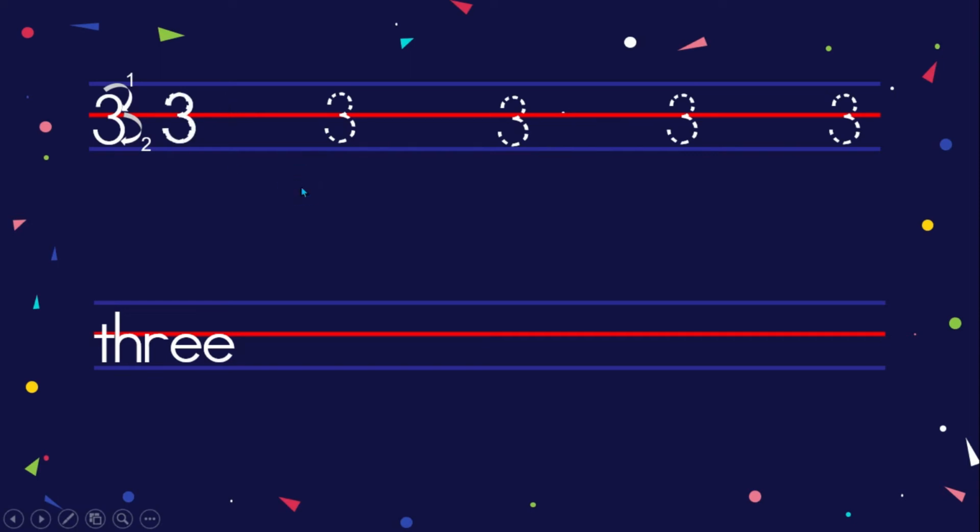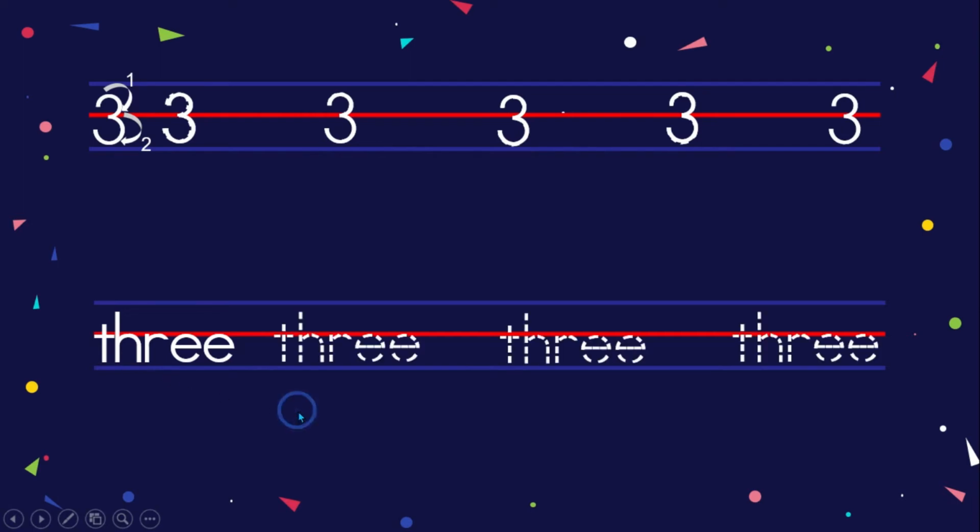Okay, another one. Let's try to trace it. And that's how you're going to write the numeral 3. A small curved line on the upper part, and then another small curved line on the lower part. So how are you going to write the number word 3? So that will be